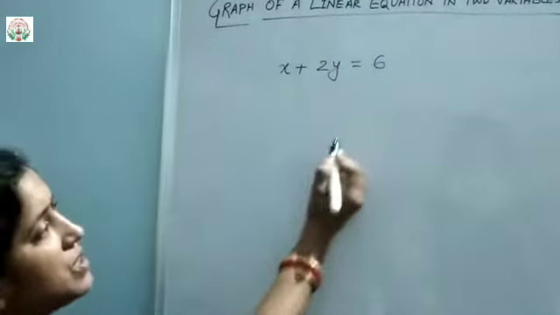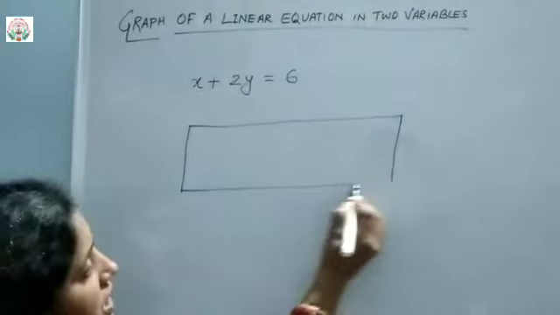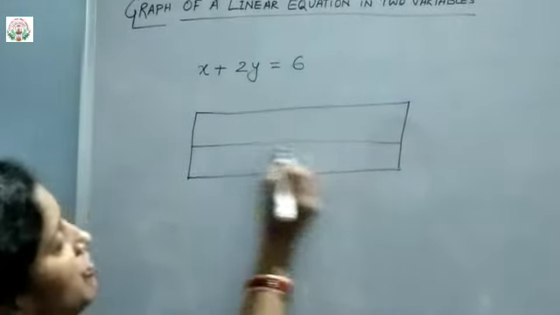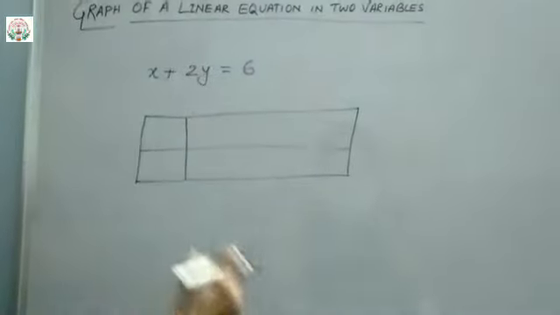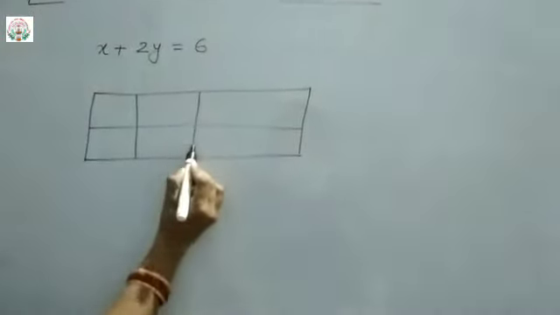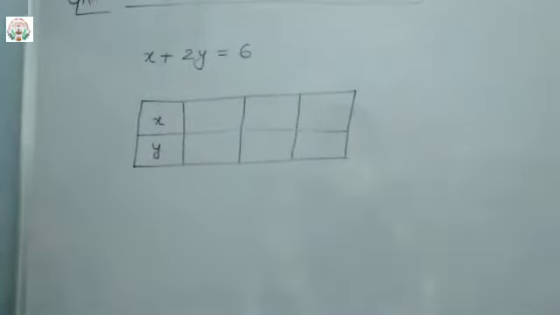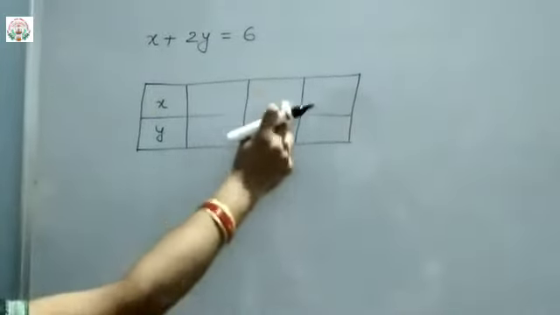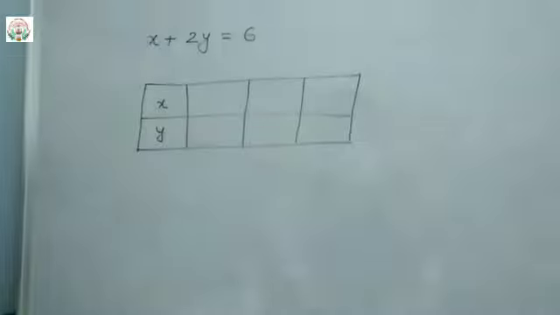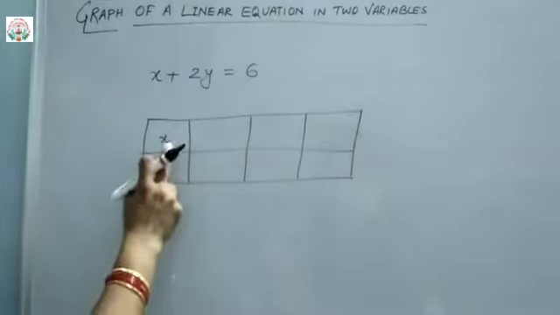Okay, so now for this, first we will make a table. Okay, for the graph we need to have a table to get the value of x and y. With two values also we can find, or with three values we can plot a graph. Okay, so let us take 3 points. Okay, so here that is x variable and the next one is y variable. So here three values we will take for x and y, and with the help of these points only we will plot a graph.